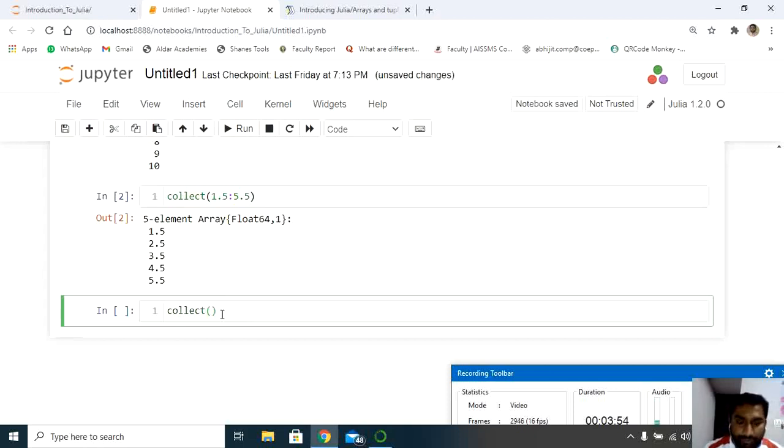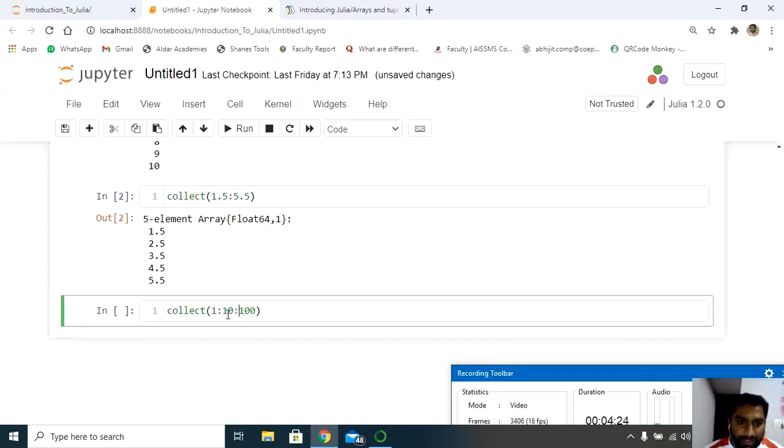Now I'll give the difference in between the starting number and the ending number. Let us imagine that my starting number is 1 and my ending number is, let's say, 100, and in between I want to keep a difference of 10. In the middle of the starting number and the ending number you have to give the difference using the same comma separated value. Here 10 is the difference.